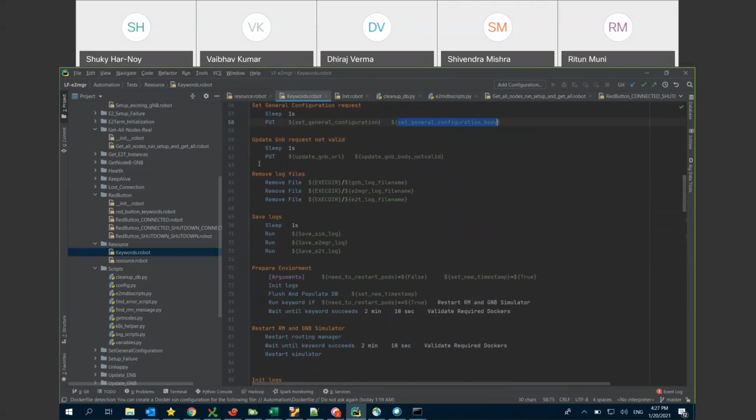When we start each test, we remove all log files from the folder, and as I mentioned before, we cut the log from the timestamp that the test began until the end of the test. We can cut the log multiple times, and we will have a few sections to check. So we have remove log files and save logs, and we save the log